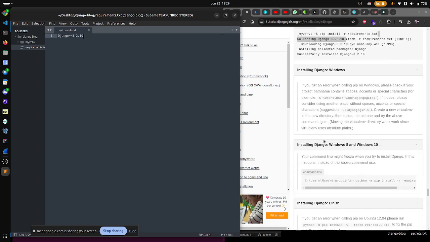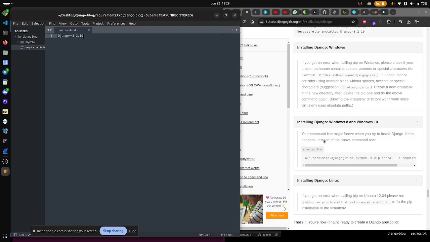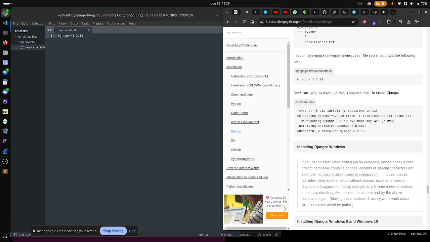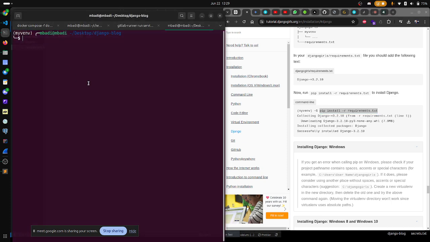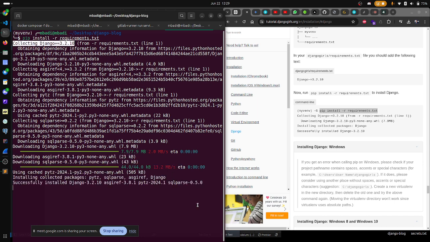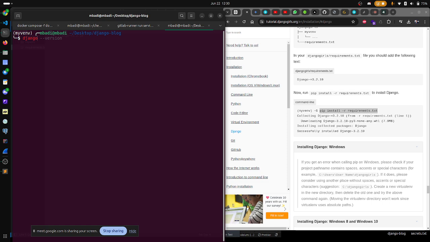So what next after creating that file? We now need to install the requirements. So we run this command. So we go back to the terminal and we paste that command and we run it. So it will go and install that version of Django, as you can see here. Okay, so Django is installed. Let's type Django. Okay, I think it uses a different name. This would say it's not found. Anyway,